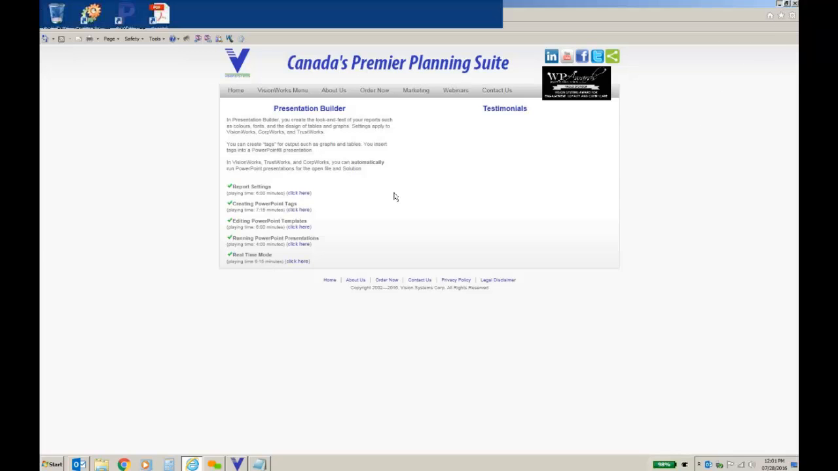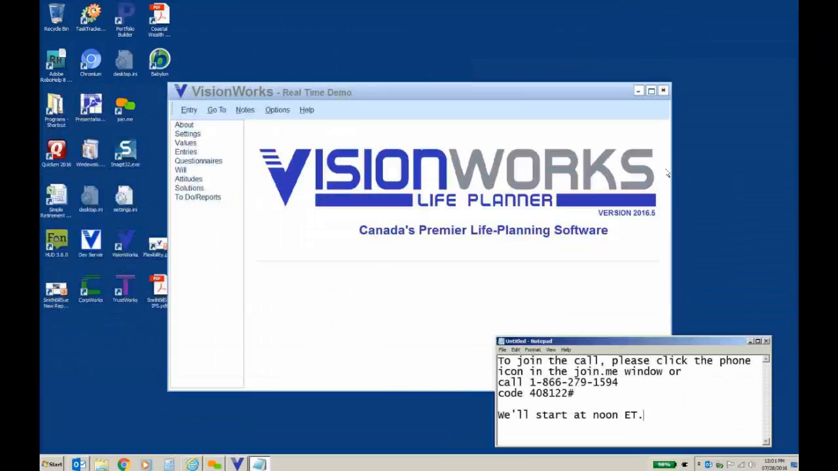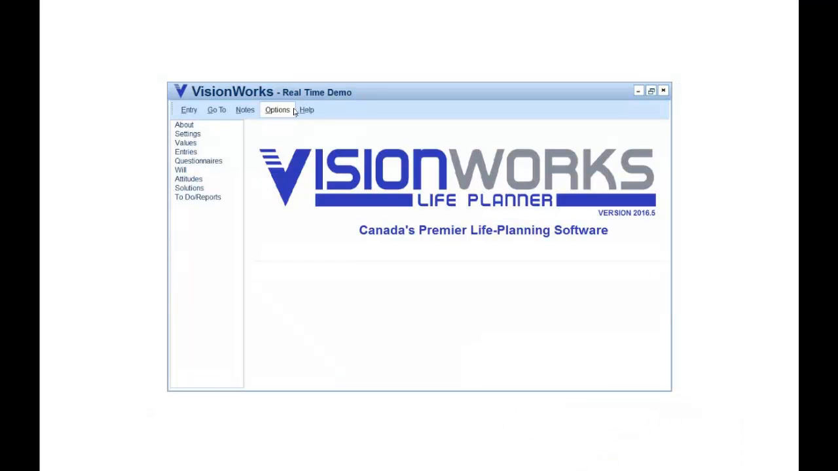So let's open VisionWorks and we'll have a look at how it operates. You can open any plan and solution. You'll notice I've created a solution for today's demo that I call real-time demo. And all you need to do is click the options button, go to presentations,